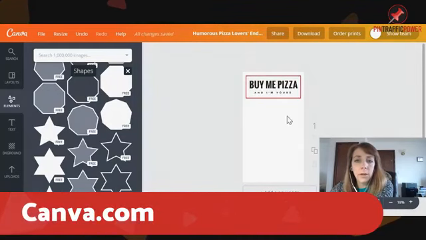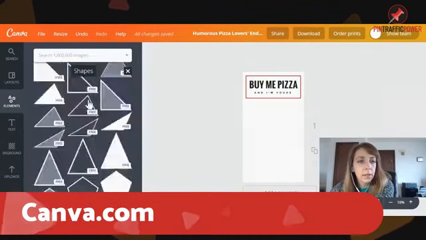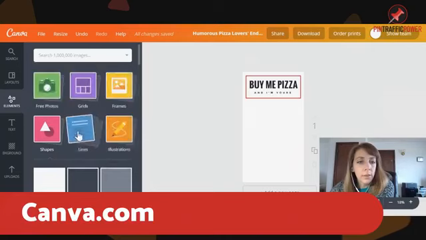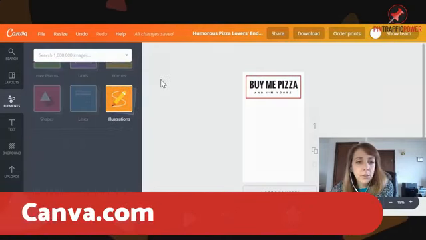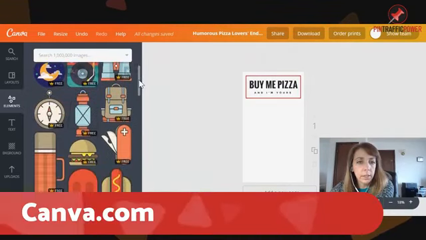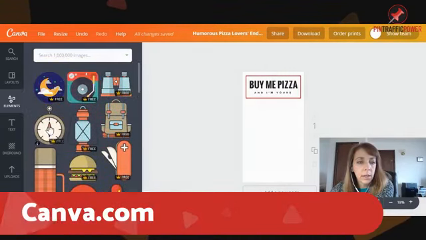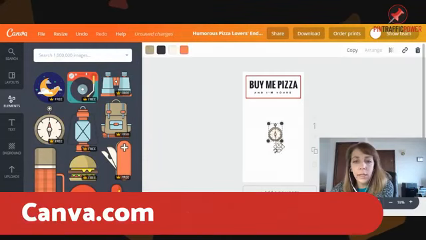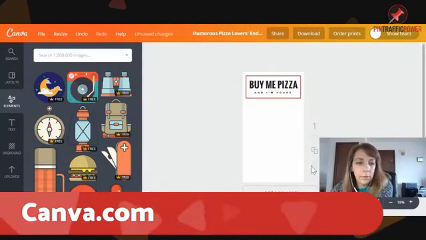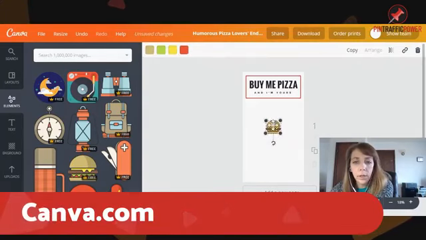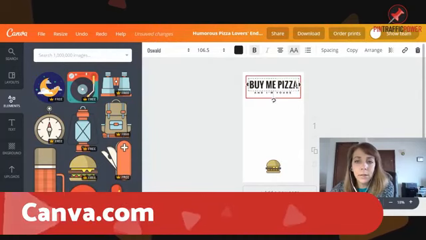So, you know, we started out with a template, and then we just keep changing stuff and changing stuff and changing stuff. Let's go back to our elements. We did the shapes, we did the lines. Illustrations. These are already done for you, some things. If you have a t-shirt about hiking, you might want a cute compass in there. That's free, so it's easy to use. If I have a t-shirt about hamburgers, which I do, I might want to put a shape of hamburgers in there. So instead of buy me pizza,